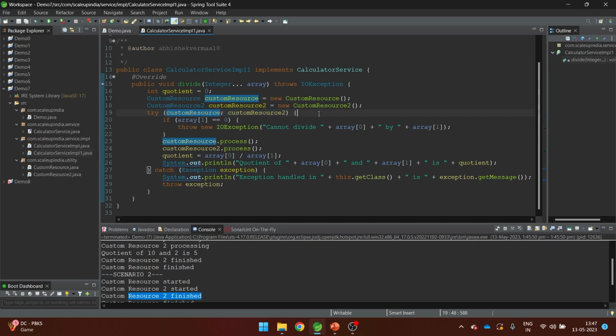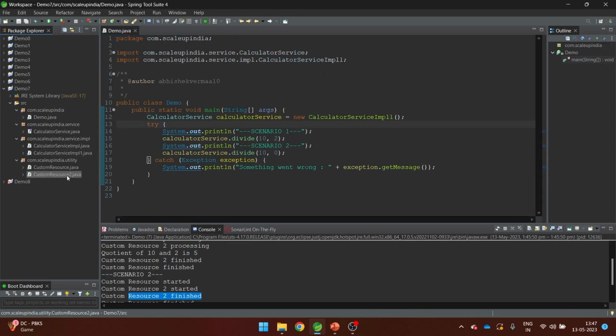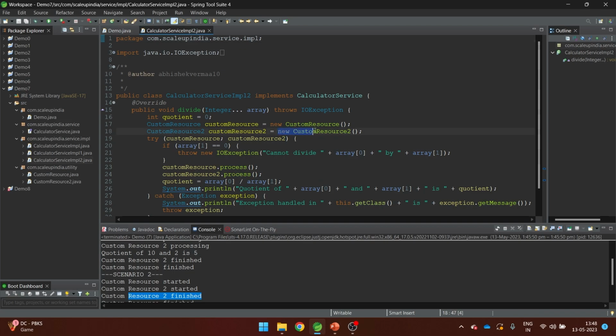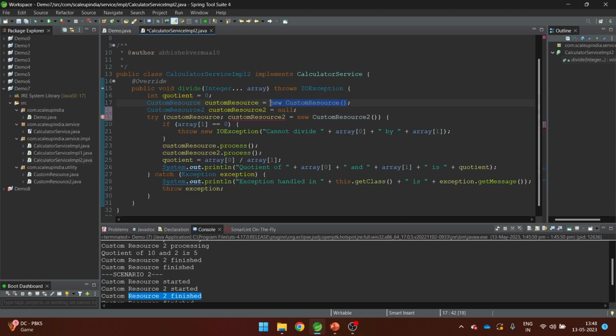So if it is a Java 8 version, then you need to write something like this. Or let me just create a new service IMPL for this and show you there. So this is service IMPL 2. So if you are going for less than Java 9, then you need to write something like this. Custom resource 2, and then you need to say equals to this, and here initially you may call it as null, and here this will be like something copy, and let's just paste it here, and let's say something like